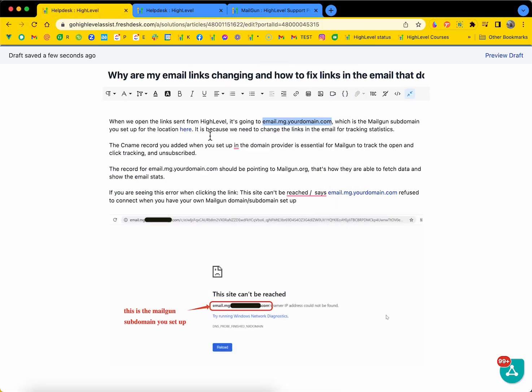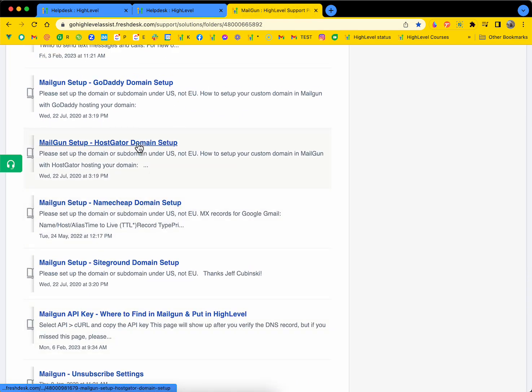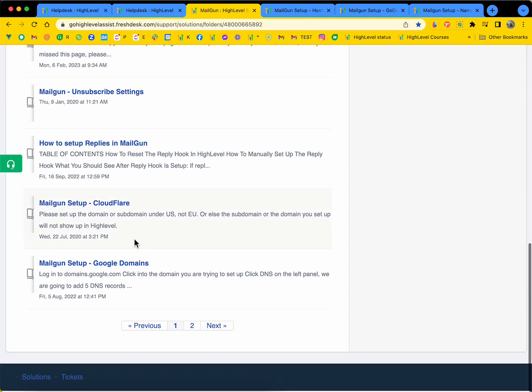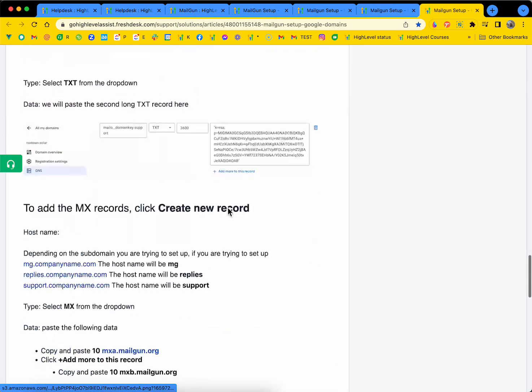So we will need to change the links in the email for tracking statistics. So when we're trying to open up links, it's going to redirect to this domain first before it shows the actual website. So the CNAME record that you've added when you're setting up your domain here. So for example, if you're trying to set up GoDaddy as your DNS provider, you will need to add